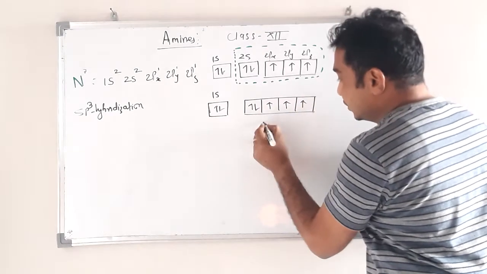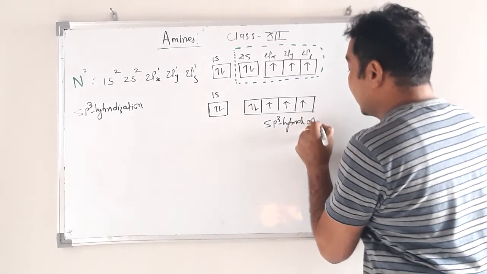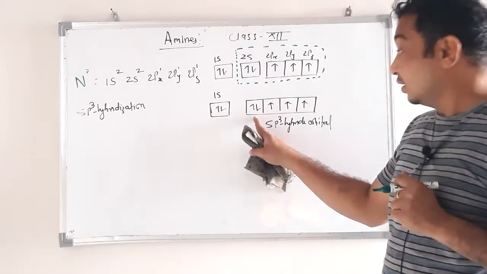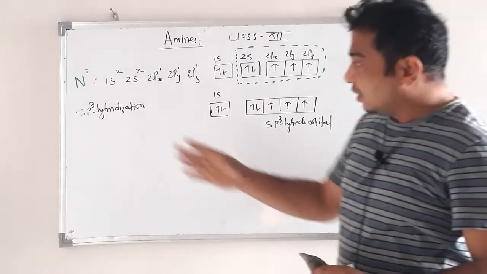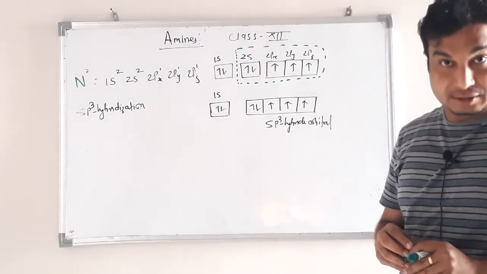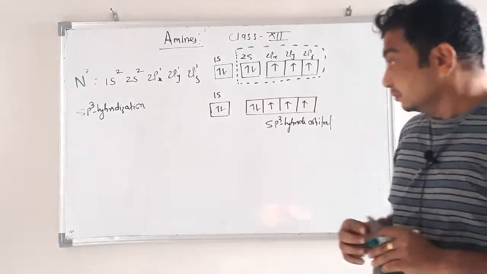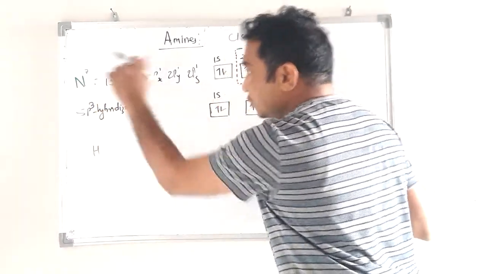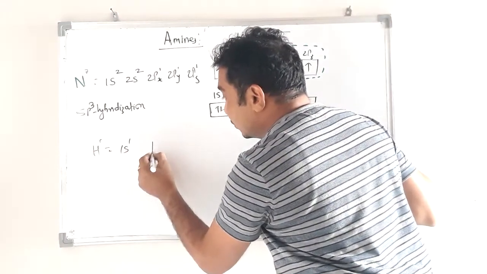So this is the sp3 hybrid orbital. Out of these 4, 3 are singly filled and 1 is completely filled, that is the lone pair. As we know, after sp3 hybridization the geometry of the molecule will be tetrahedral. So nitrogen in ammonia also has tetrahedral geometry. Now this is the nitrogen, and the 3 hydrogens are going to form bonds with nitrogen, each with a 1s1 orbital.